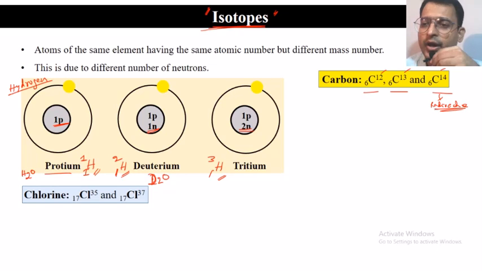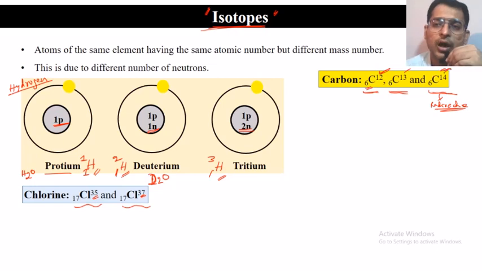It is radioactive. Okay. And in the case of chlorine, the most abundant is 35, less abundant 37. So mostly based upon the abundance, we can calculate what is the molecular weight. We will see later, but these two are the isotopes. Okay, these are also isotopes. Isotopes means same atomic number, different atomic mass.